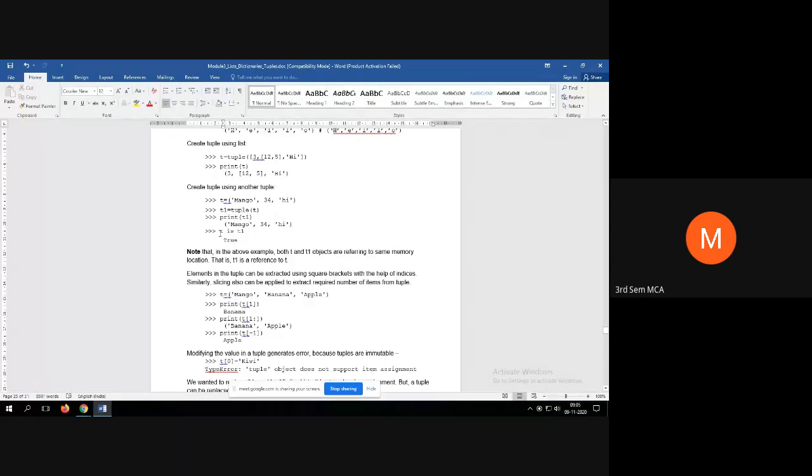If you check T is T1, the is operator yields a Boolean result, true or false. It yields true because both T and T1 are referring to the same elements.